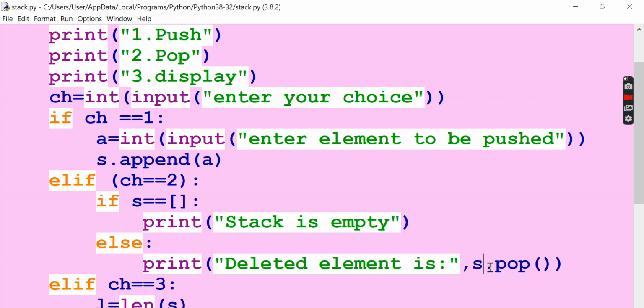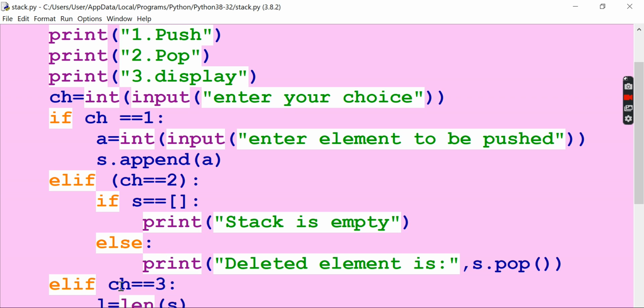In 11th standard you learnt the methods to delete an element from a list. Similarly, the same thing is applied over here. Append you also learnt in 11th standard, pop also. So S dot pop with open bracket, close bracket. If you give it like this, automatically the last element of that list will be deleted.